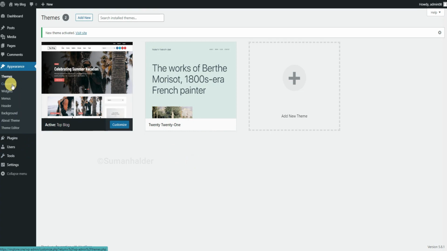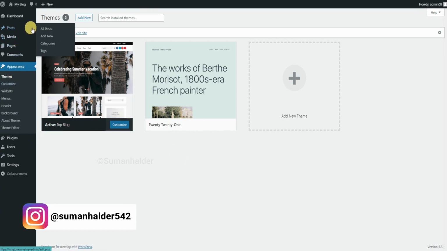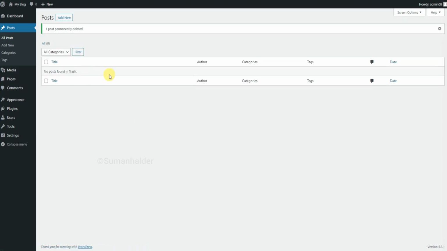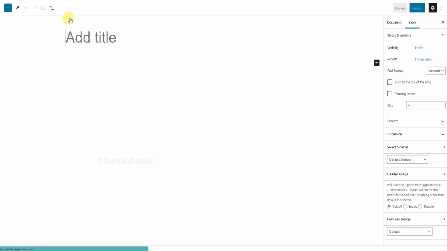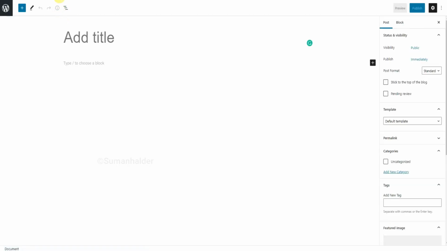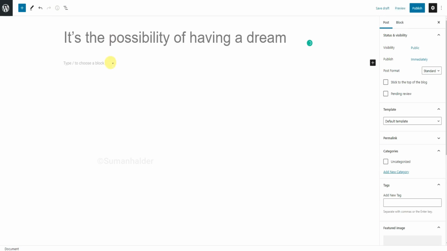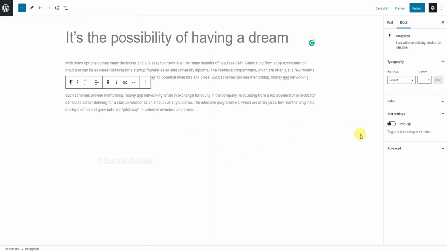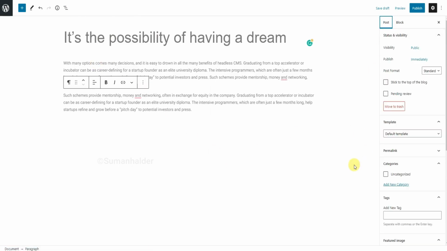So we need some posts. Click the post option and click all posts. Then click the trash option and delete permanently. And then click add new and write the title and write some content and click the post option and create a category.